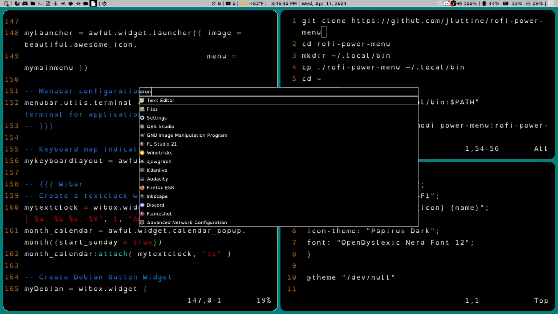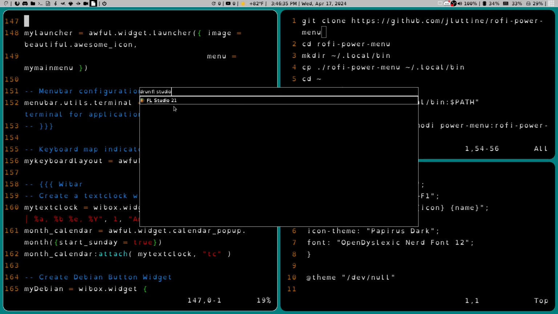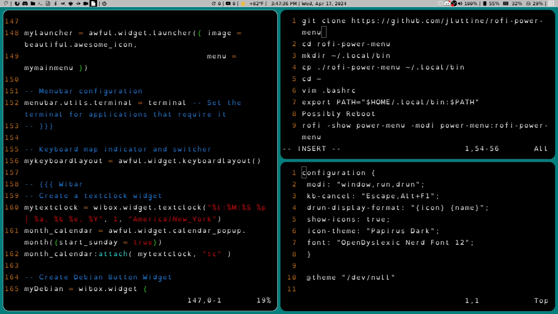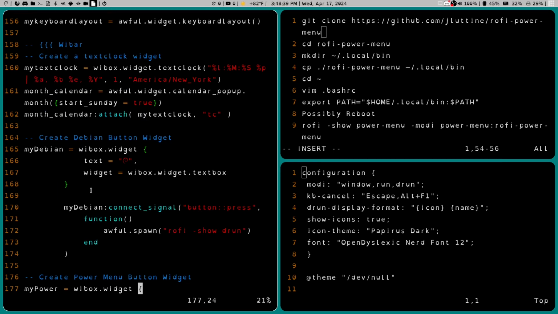But if I go over here and click on my button and then type in FL Studio, well, look and behold, we have FL Studio here that we can click on. And while I'm at it, I'll show you how to do some things in a window manager to get it going. But what I decided to do is I created a button, and this button has this text, which is